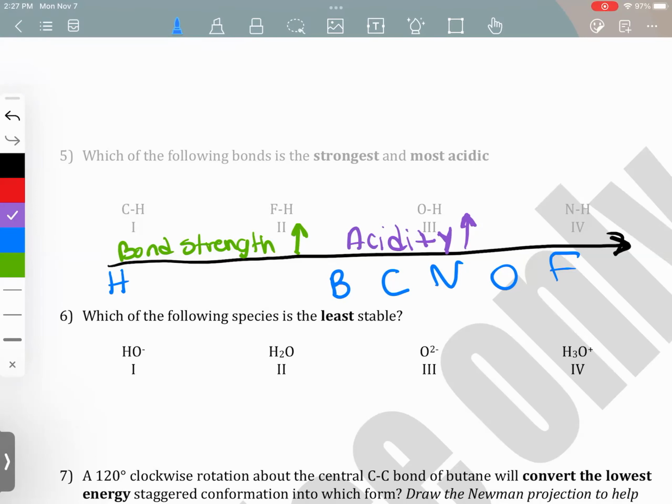So you have carbon hydrogen, fluorine hydrogen, oxygen hydrogen, and nitrogen hydrogen bonds here. Which of these bonds would be the strongest? It'd just be the fluorine one, right? Right. The fluorine hydrogen bond is the strongest. And because it's more electronegative and acidity follows the same trend, it would also be the